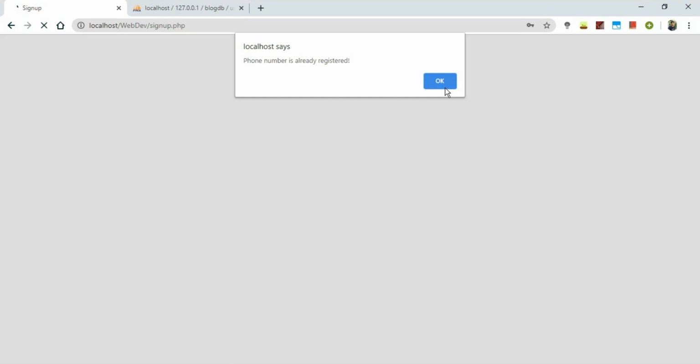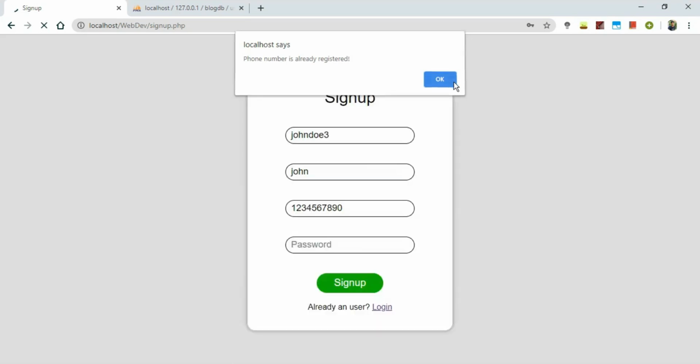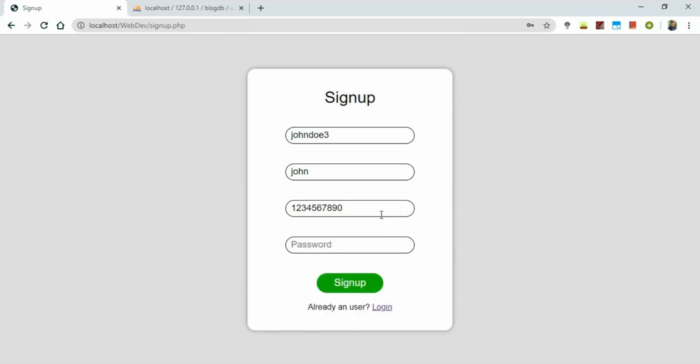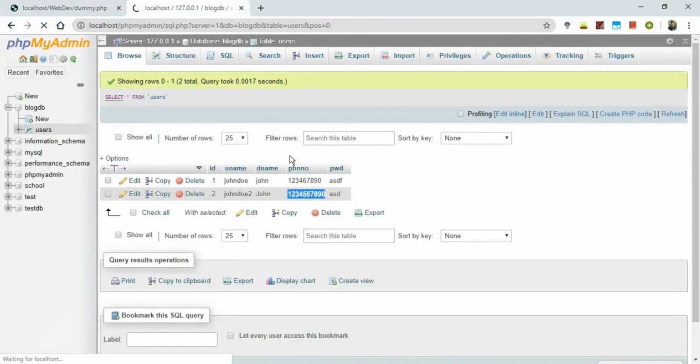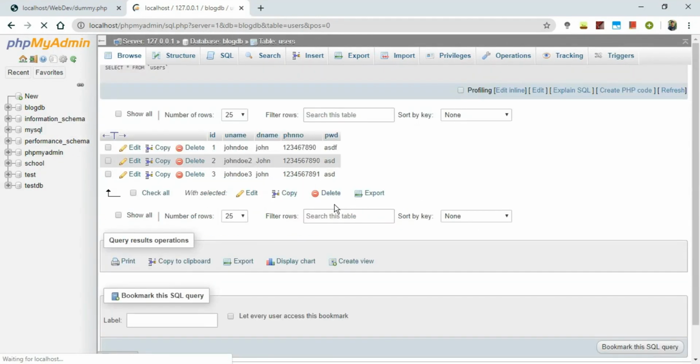So the user just tries a different value. We now change the value and try signing in now. It is a success. We can view the entries in the database as well. That's it for the sign up.